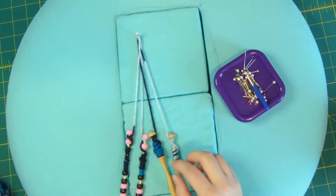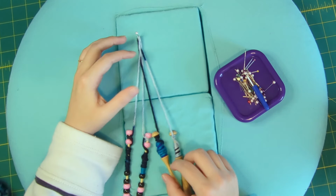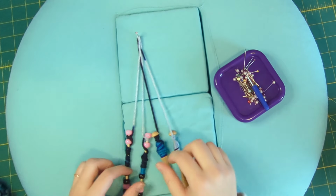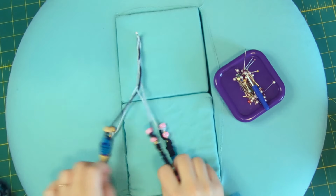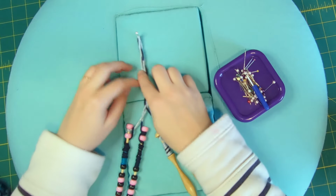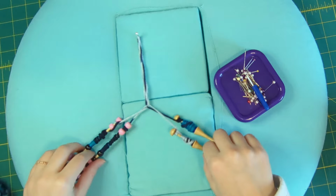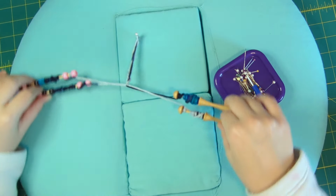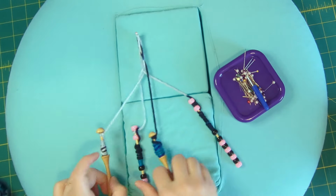Now, the purpose of the pins is to make it so that you can tension and tighten and get it just in the right spot. If I just kept braiding these pairs of bobbins going down, just kept going, then it's braided, it's not coming out, but we don't really have much control over it. If I try to tension them, it just kind of gets sort of messy. But if we go back